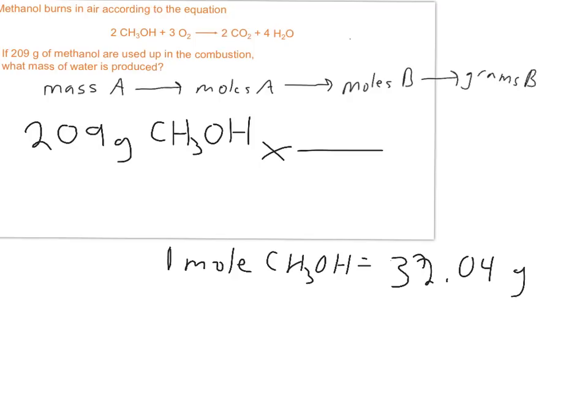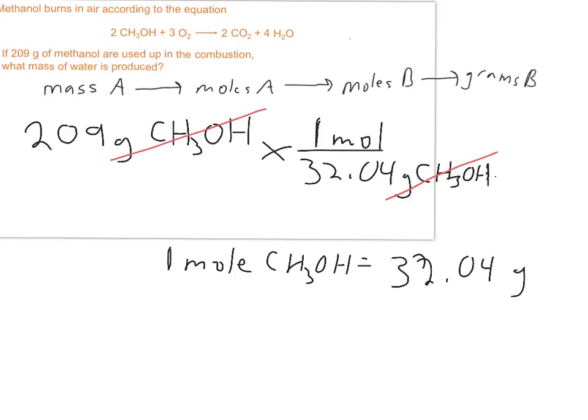So that means that we have to have grams in the denominator to get grams of methanol to cancel. Okay. So next in the workflow,